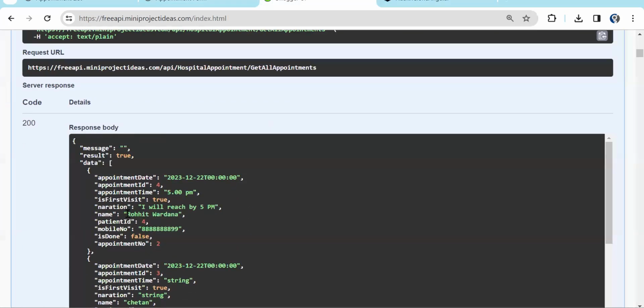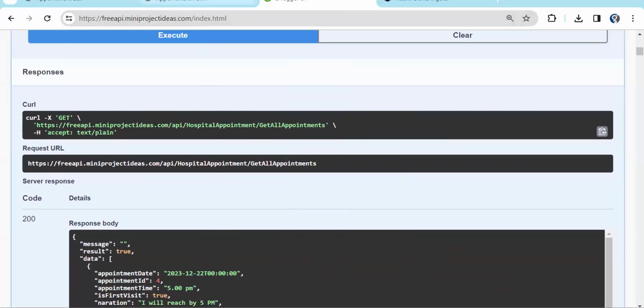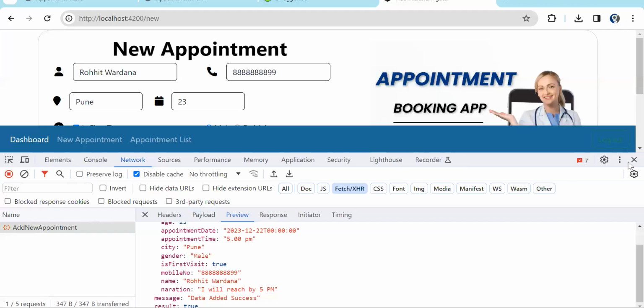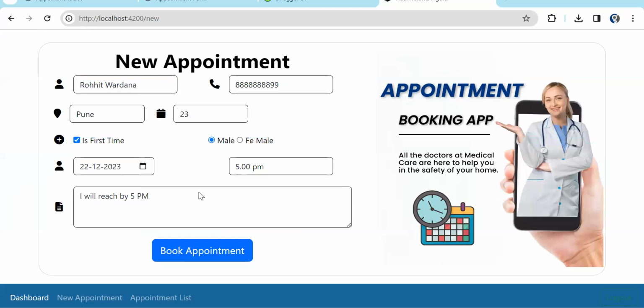Right, see Rohit Vardana. The appointment number we have got is 2, right? In the get API call, it is showing as 2. So our save appointment, meaning create new appointment, part is done. Now on the new appointment list, currently I have not done the login part, but this page will be visible